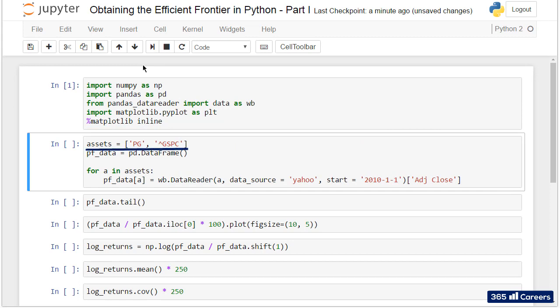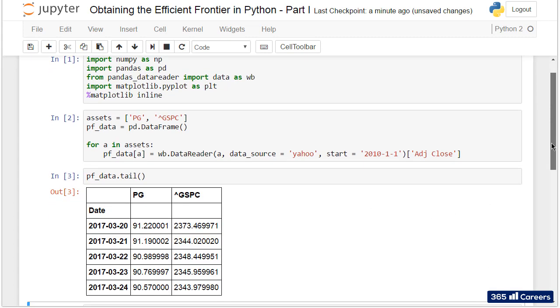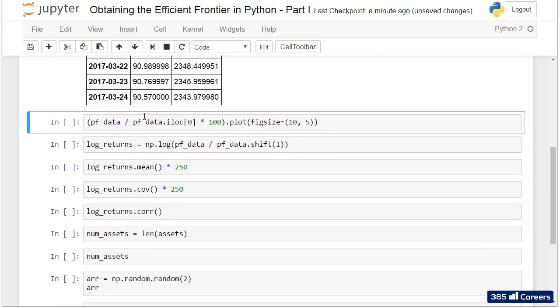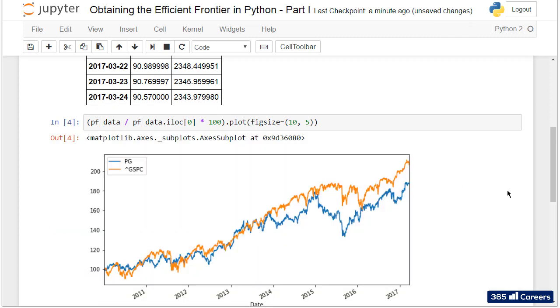We will use data for the past few years, starting from year 2010. All right, done. We proceed with a few standard steps, normalizing to 100 and plotting the portfolio data on a graph